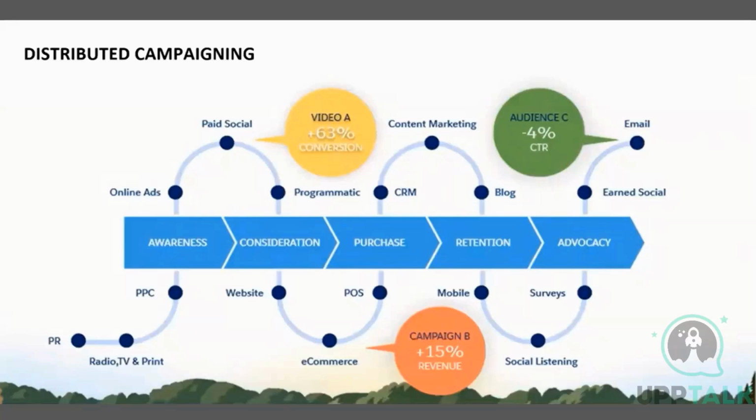So if you see distributed campaigning, you see awareness, consideration, purchase, retention, advocacy being part of the channel, which basically brings your entire customer journey from unknown, where you don't know the customer, and you have PR, PPCs, online ads, paid socials, and then consideration going, like the website, e-commerce, POSs, purchase, retention, and advocacy. This is a beautiful slide which basically tells us